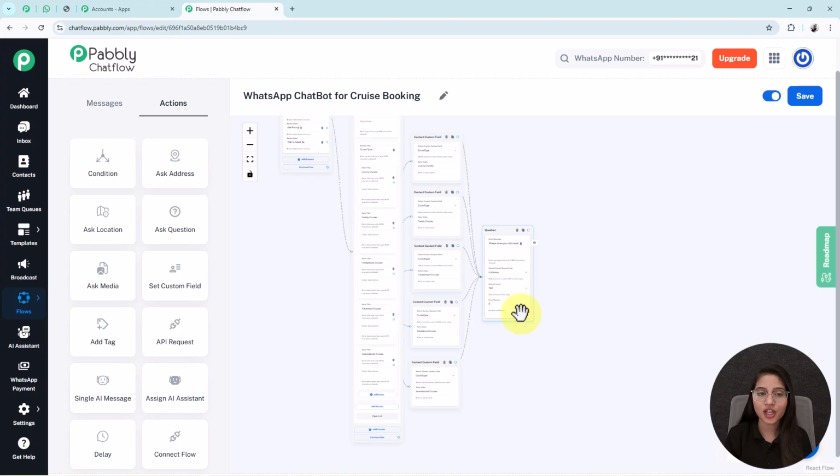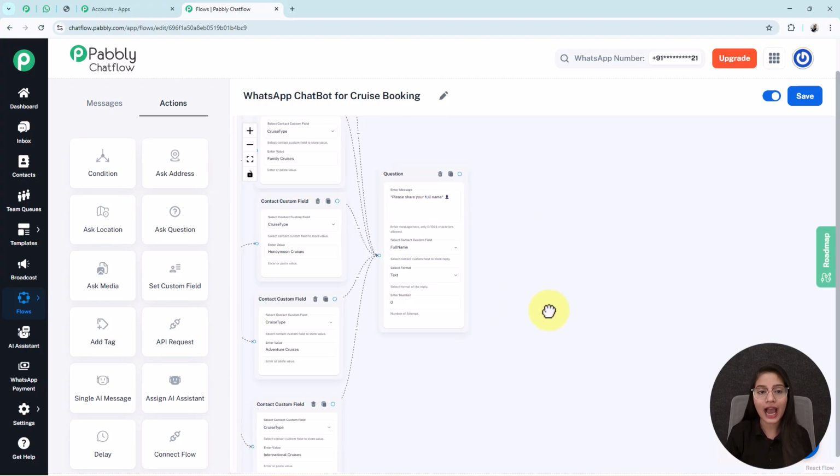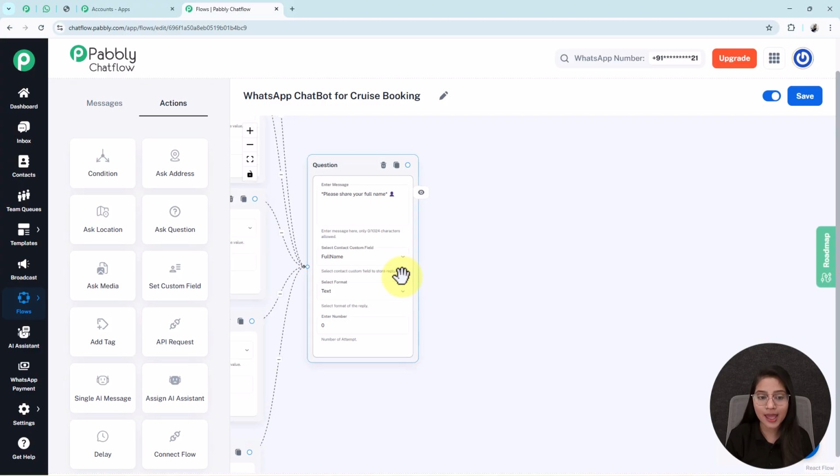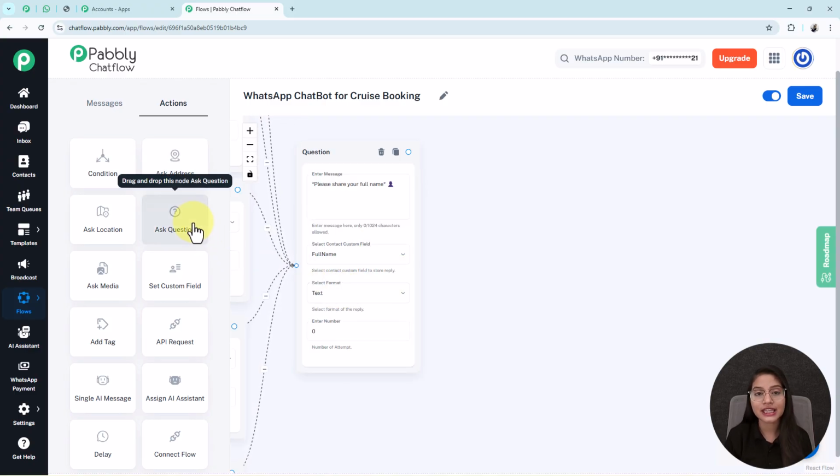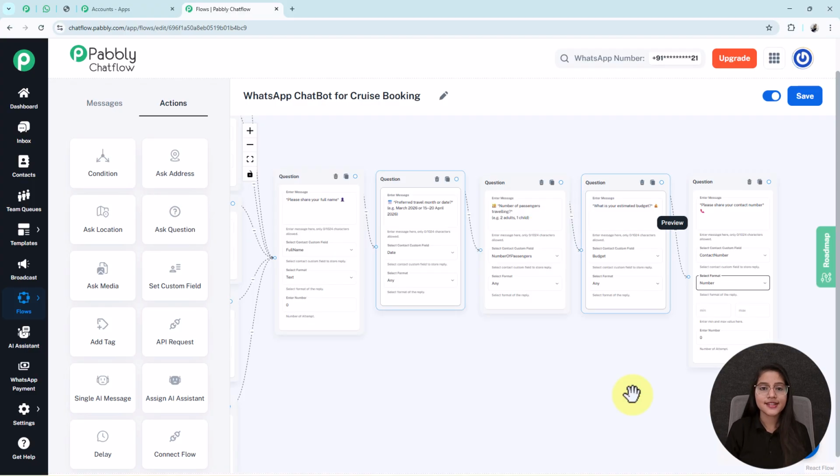When my user shares their full name, my bot will ask them to send the date when they would like to book a cruise, number of passengers, their budget and their contact number. So for that, I am going to do the same that I have done here, which means I am adding 4 more questions in this flow. The process of adding questions in your flow will be the same. See, here I have